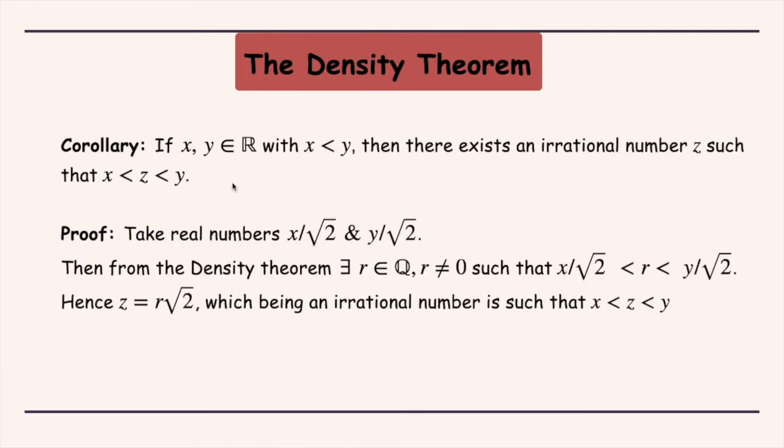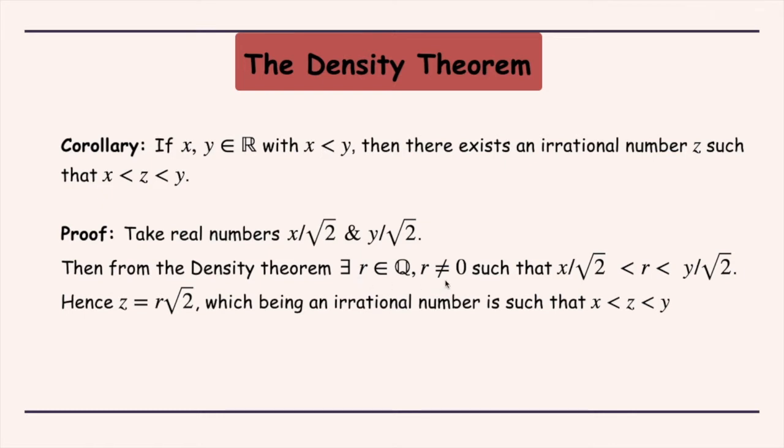Now, we take up the corollary, which says the in-betweenness property for irrational numbers as well. So, again we have two real numbers x and y such that x is less than y, and we have to show there is an irrational number z such that x is less than z and that is further less than y. Now, for the proof of this, we are going to take these two real numbers: one is x divided by root 2 and the other one is y divided by root 2. So, we take these two real numbers, and using the density theorem, we know that there is some rational